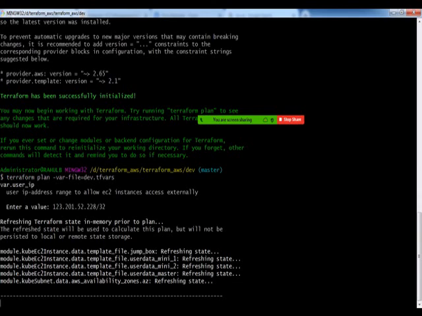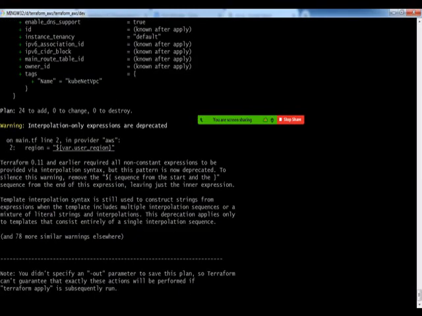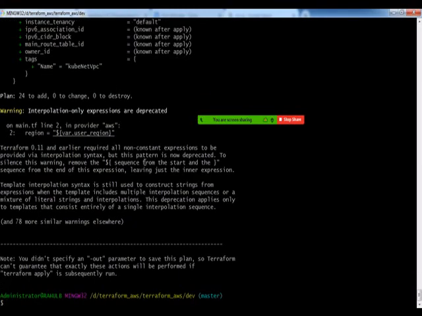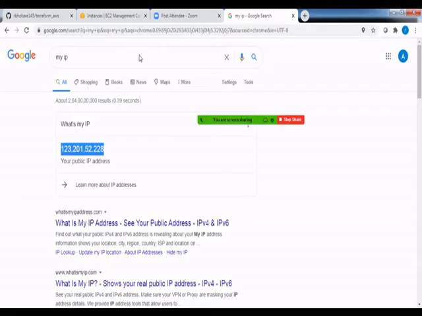The time is not more than a minute. So if you can see, the Terraform plan has completed its execution. Terraform plan is just a dry run. Terraform hasn't created any resource on your AWS account yet.